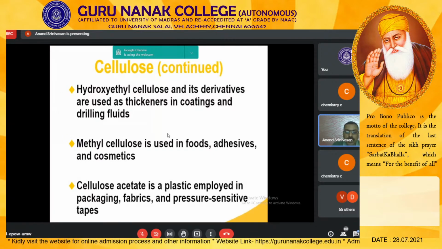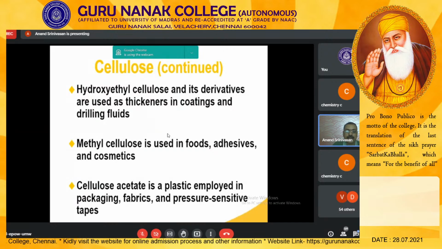Maybe I would request the students to look into the applied science of chemistry. General chemistry is very important. It's a basic, but using the basics, you try to use them for applications. That is where you have to bridge the gap. So please think of how to use chemistry in applications.